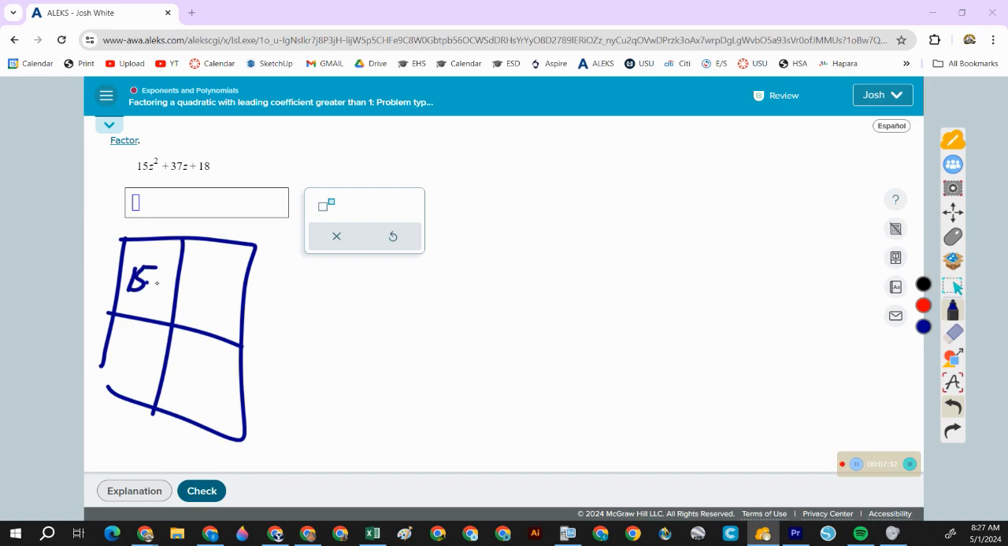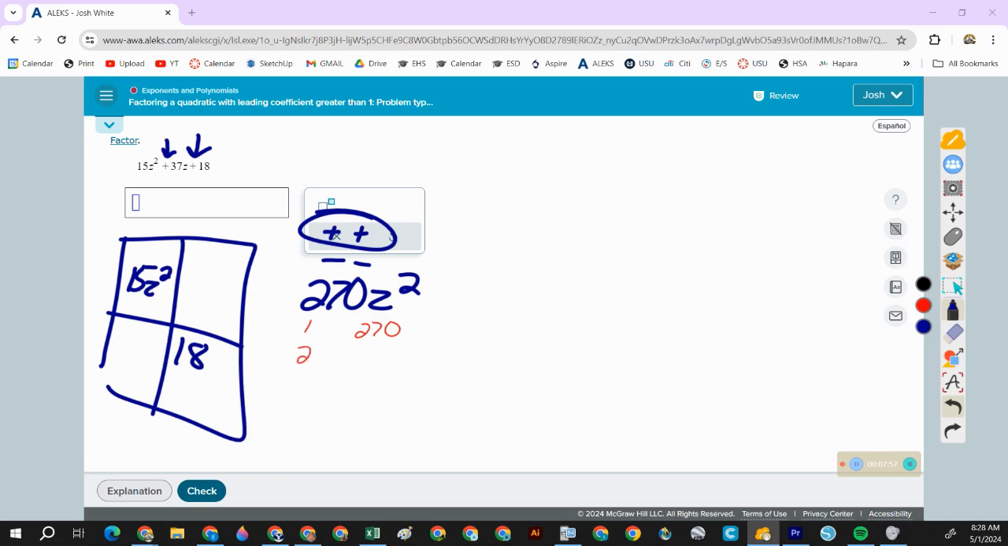So 15z squared and 18. Well, I don't know what that one is. 15 times 18 is 270. This is positive, so it's either plus plus or minus minus. And that one's positive, so they're both going to be plus. So 270 is 1 and 270, 2 and 135, 3 and 90, 4 doesn't work,